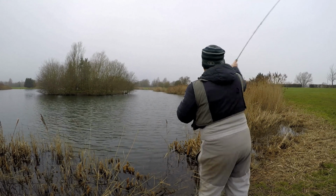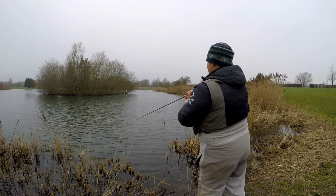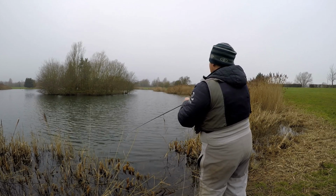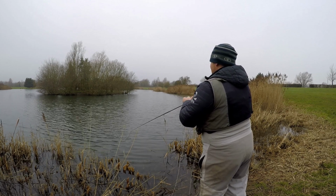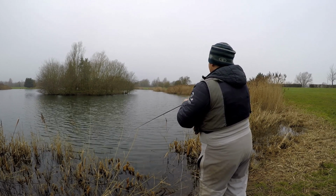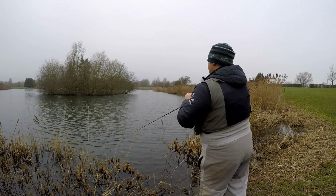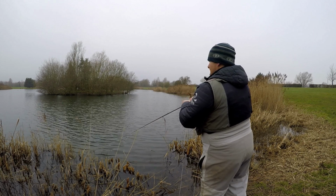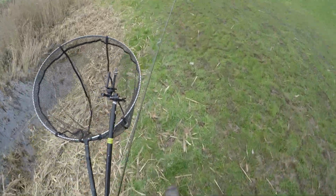Wind's starting to get up a bit now, which isn't ideal for this, but we'll see what we can do. Quite a chill to that wind now. It's looking less and less likely to catch him on this indicator, and more likely I'm going to have to set up some sort of a lure rig. I think probably a fast intermediate and a couple of lures, and work them through the swim, because